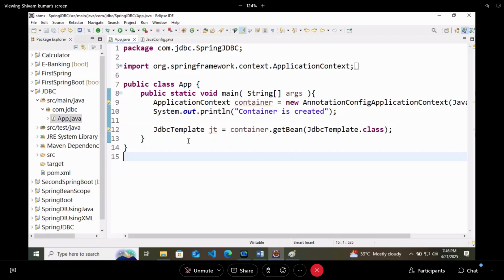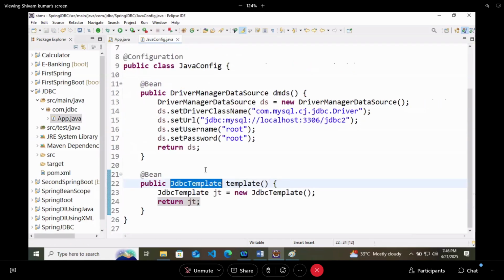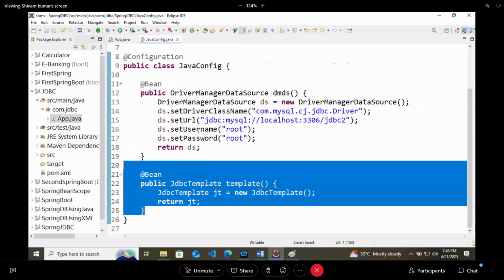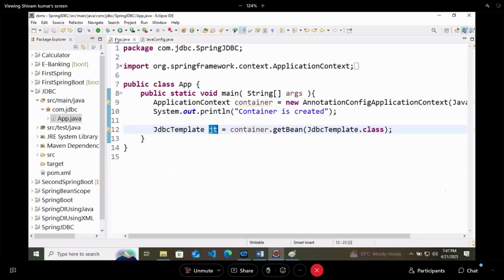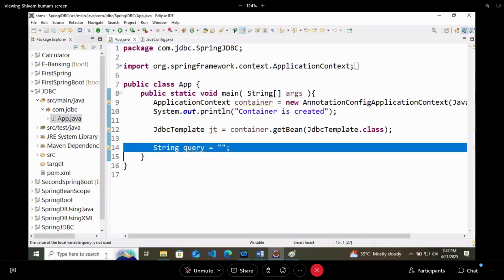So I am asking for the bean of JDBC template from my container. The container already has one bean for the connection. Now I will write a query here. So String query equals. Let me show you the database as well.